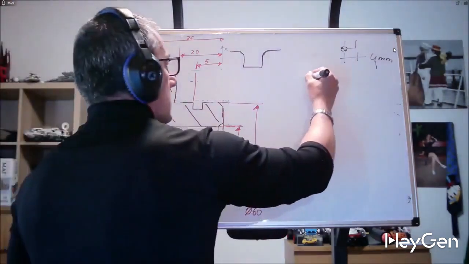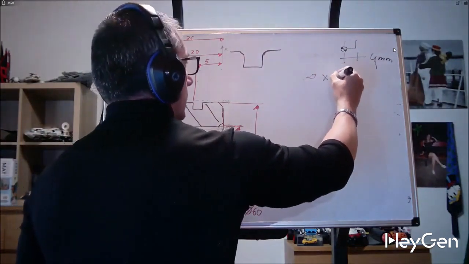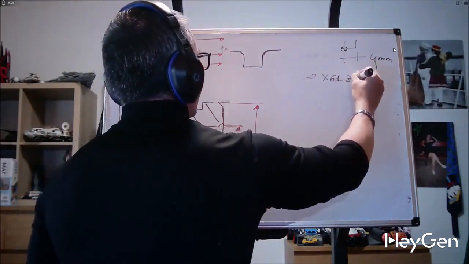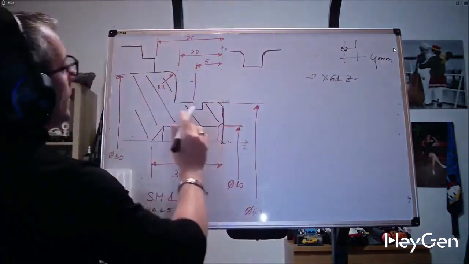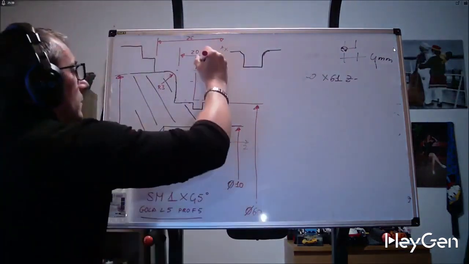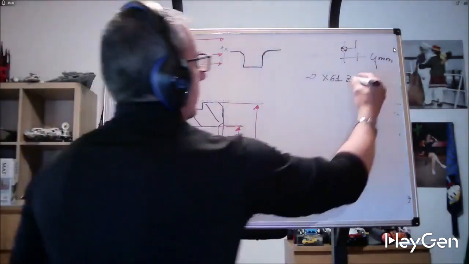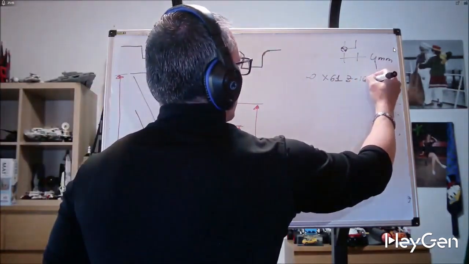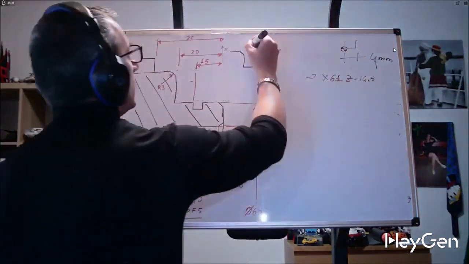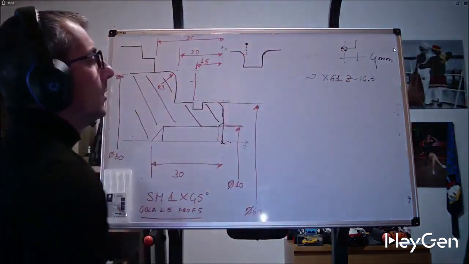Let's call the cutter, put in all the cutting data, generate it, M4, and in G0 we move to X61. I wrote Z5, but that's not right. Let's go to Z, at least 14.5. So we position ourselves here, more or less, then we tell it